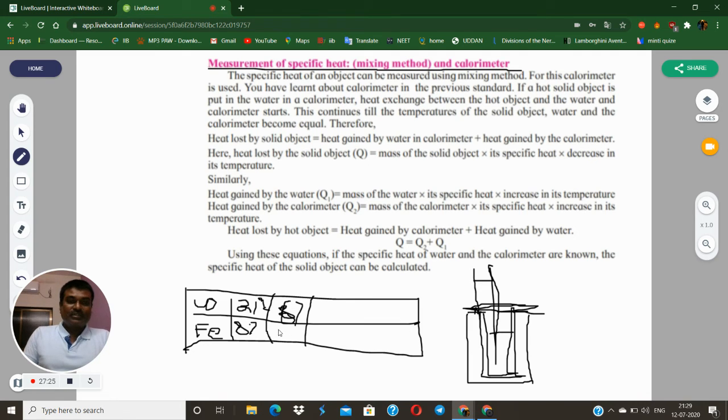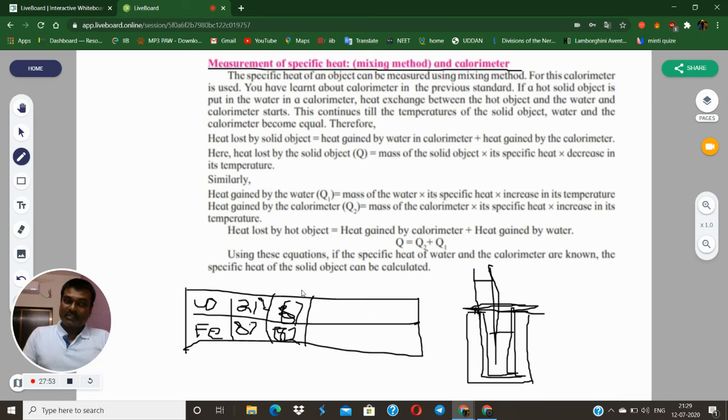ठीक है, एक्चुअली यहाँ पे फेरस के बॉल का रीडिंग यहाँ पे पहले कितना था? 87 था. एक्चुअली यहाँ पे कितना मिलेगा मुझे? चलिए यहाँ पे मुझे मिलेगा यहाँ पे, यस एक्चुअली आई हैव गेट द जस्ट, तो यहाँ पे मुझे 62 मिलेगा. ठीक है, तो यहाँ पे मुझे चेंजेस मिले हैं, मेजरमेंट्स मिले हैं. तो इन दैट मेजरमेंट आई हैव गेट द डिफरेंट वैल्यू, दैट्स नाउ चेंजिंग वैल्यू, दैट्स इनिशियल टेम्परेचर, एंड दिस इज